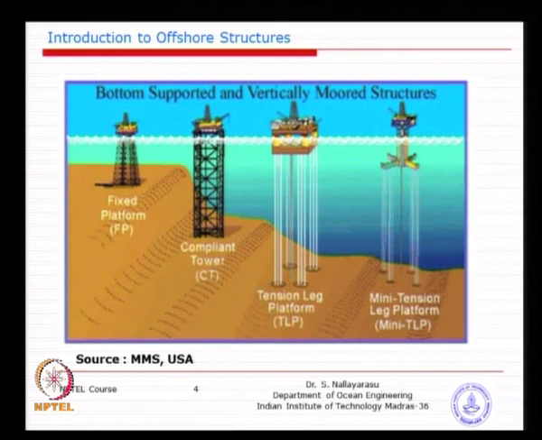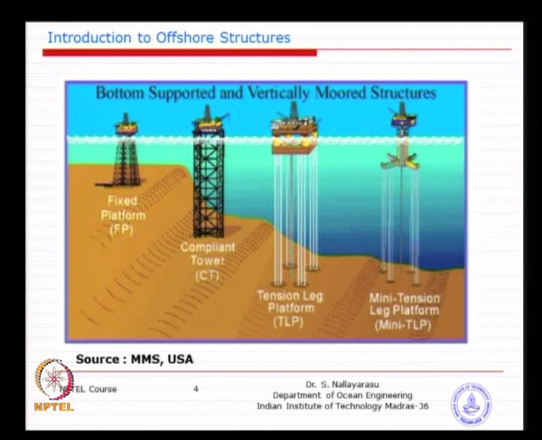So, the third one you see: as the water depth increases, we have shifted to a concept where structures are floating, no more fixed to the ground, because making a similar structure in very deep water becomes impossible, or may be too expensive, and we come up with an alternative solution. Basically the total load transfer is happening by buoyancy. The basic idea is that the gravity loads are taken by buoyancy provided by the hull, the floating system, and the station keeping is done by several means.